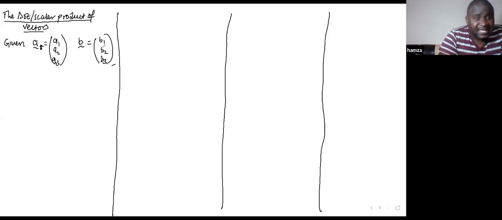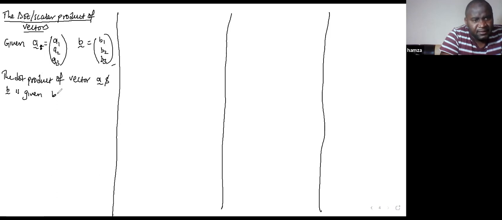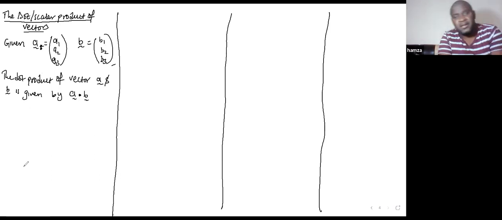The dot product of vector A and B is given by A dot B. This is where the dot became a result of multiplication, that's why we can now use it elsewhere to multiply directly. But in this situation, the dot product is defined as